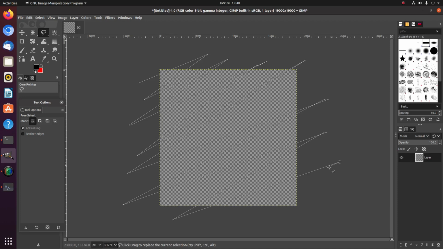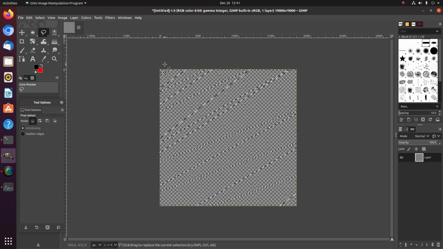Zigzag, zigzag. Just trying to populate the canvas with some colors. So I'm going to select certain parts of the canvas using this. Doesn't really matter how you do it. Then you hit enter and